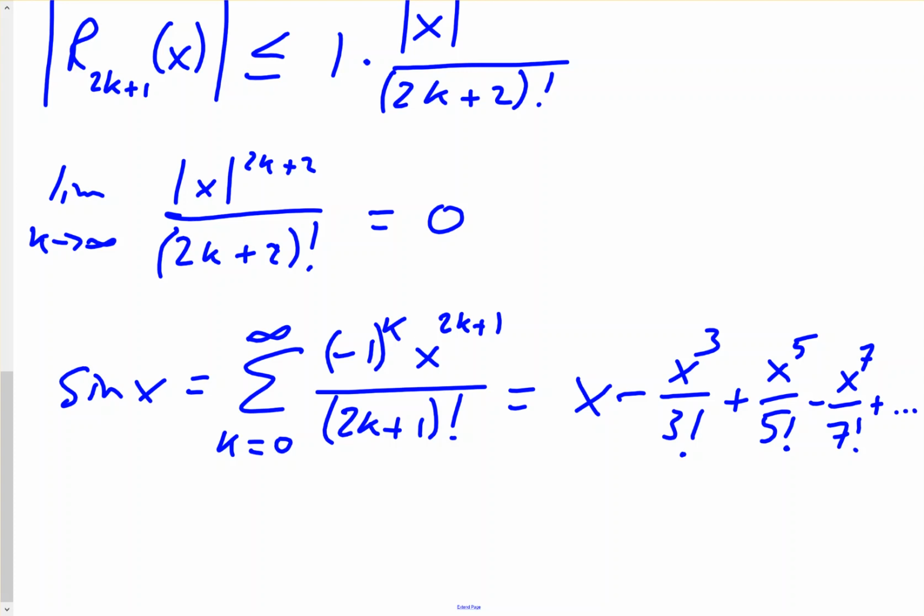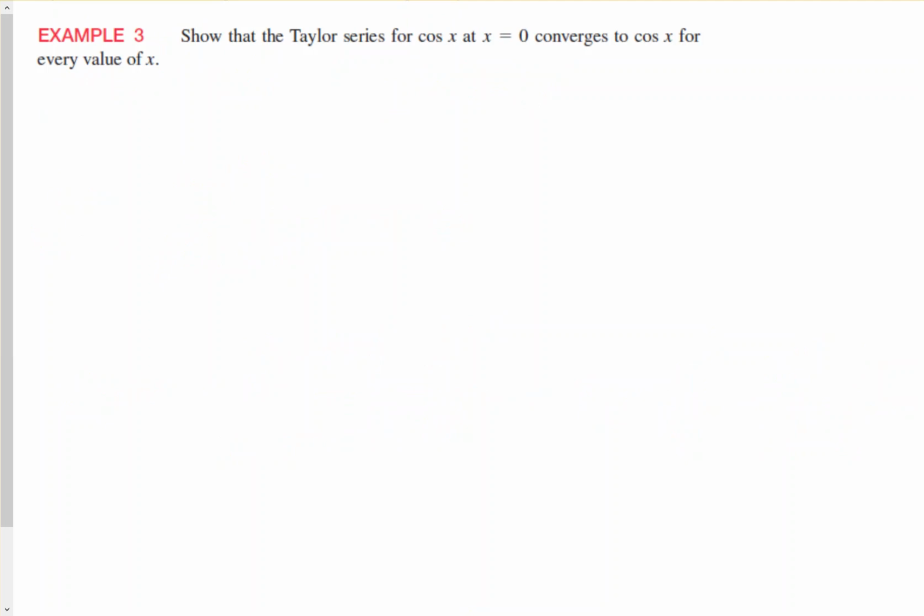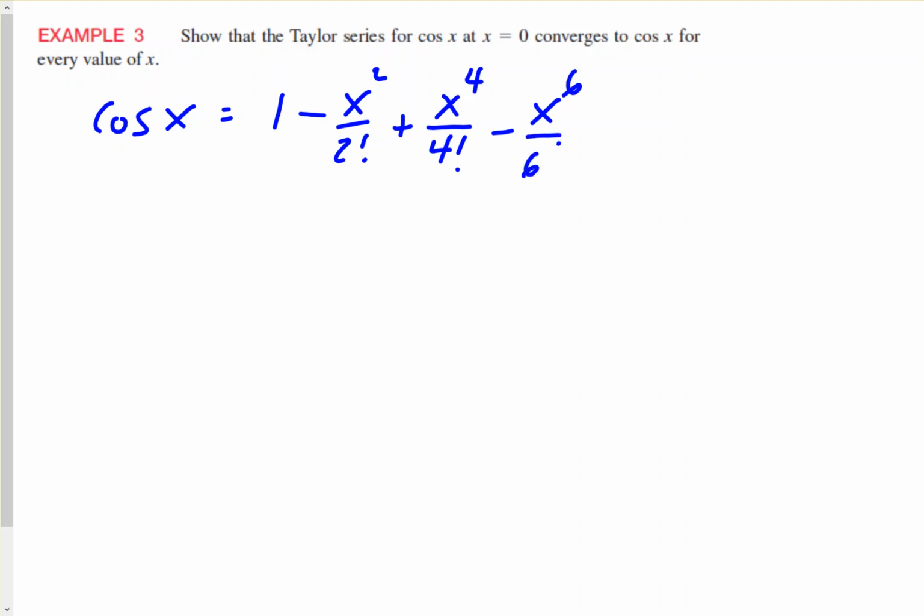So let's take a look at our next example with the cosine. Show that the Taylor series for cosine x at x equals 0 converges to cosine x for every value of x. So if you remember back to our previous lesson, we already did the example for cosine x. And we showed that cosine x equals 1 minus x squared over 2 factorial plus x to the 4th over 4 factorial minus x to the 6th over 6 factorial, so on and so forth. We would have the alternating signs, -1 to the k,